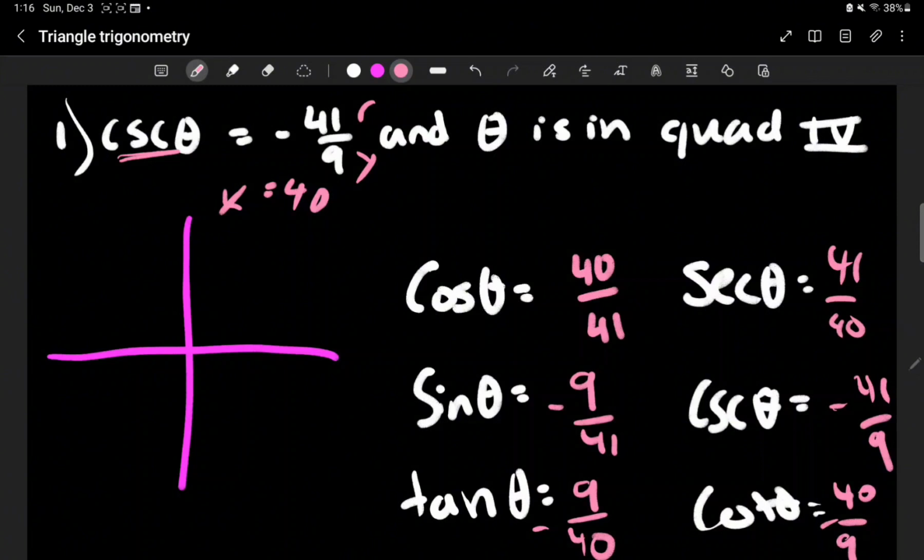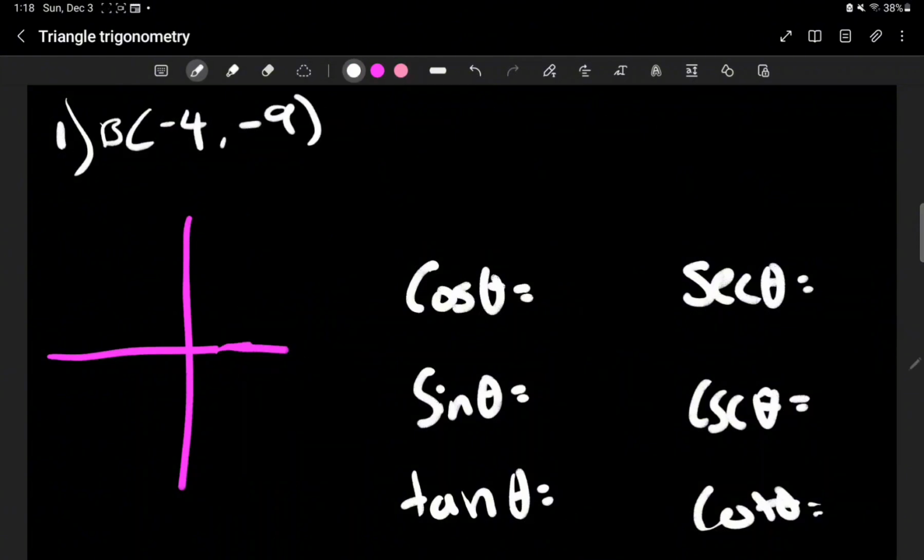Okay, so now let's just draw our right triangle. We have a negative y value again, so it is also going to be in quadrant 4 because the x value is positive, so it can't be quadrant 3. So now let's just label our sides. And that's all for problem 2, and now let's move on to our last